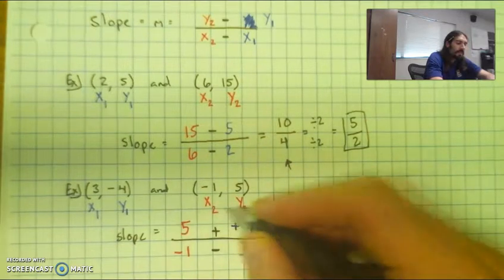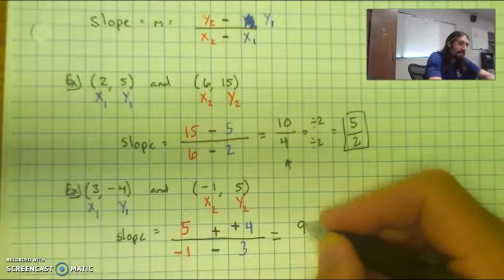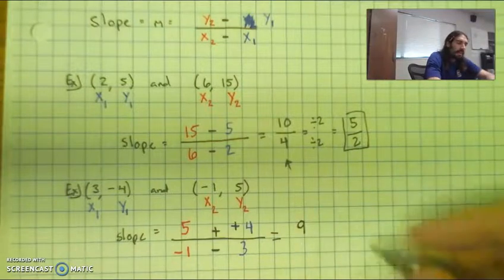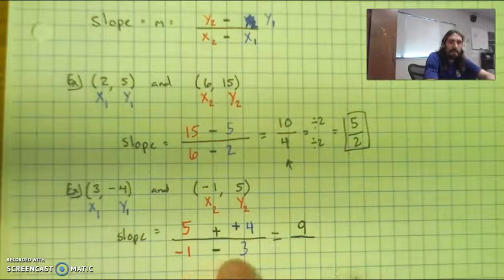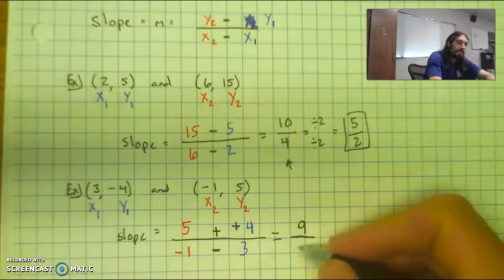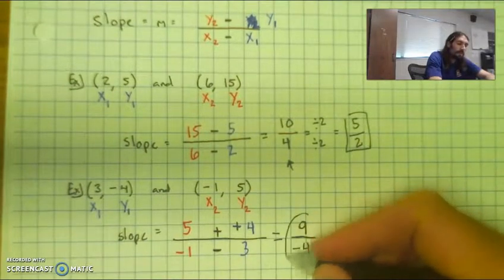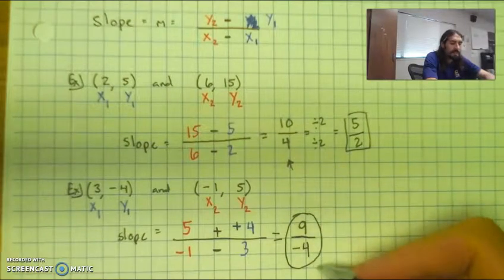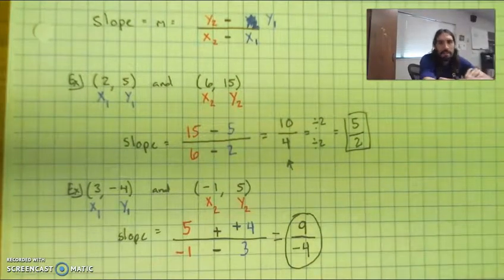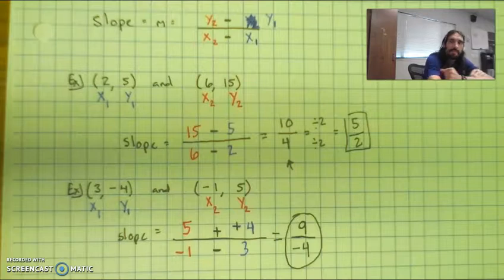So our numerator, or top number, is now 5 plus 4, which is 9. And then our denominator is going to be -1 minus 3, which if you know, awesome, or if you plug it in, that's fine, will become a -4. And that won't simplify at all because 4 breaks down into 2, but 2 doesn't go into 9. So that would be our final answer. So that's just a little overview of finding slope given two